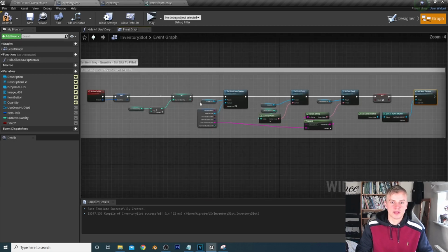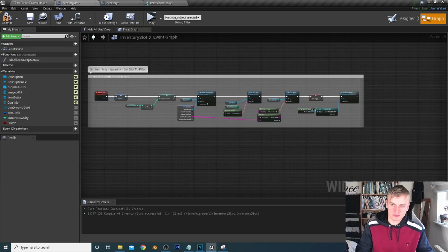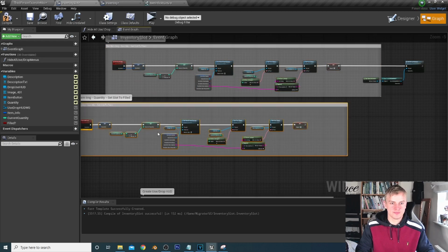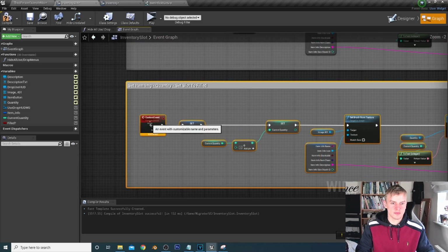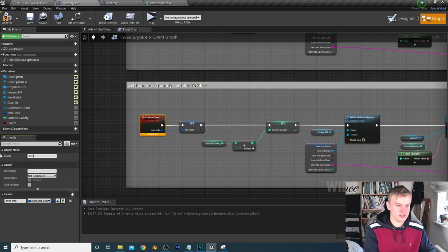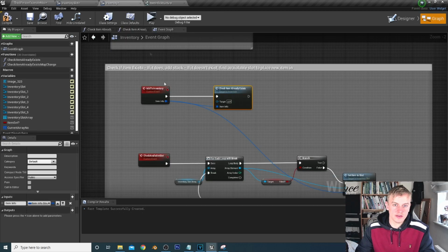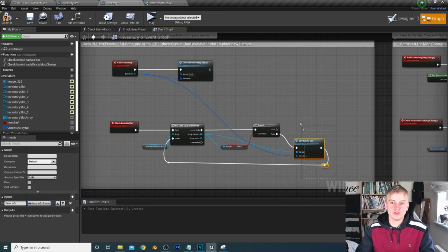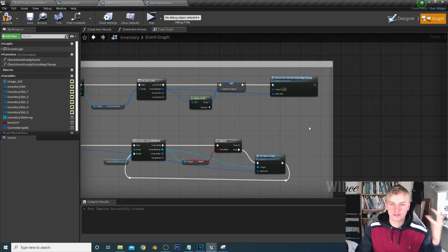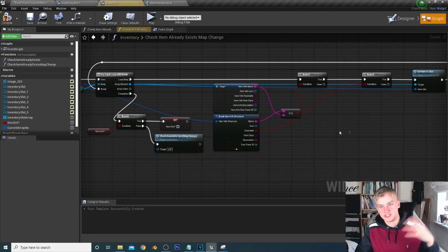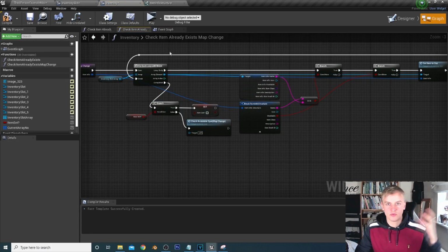Then we're going to duplicate all of this set item to slot except the add array element. So I'm just going to move this down a bit, then duplicate all of this and call this set item map change. So before we were using this set item to slot custom event for when we added an item to the inventory and when we restocked the inventory after we changed map using the array we stored in the